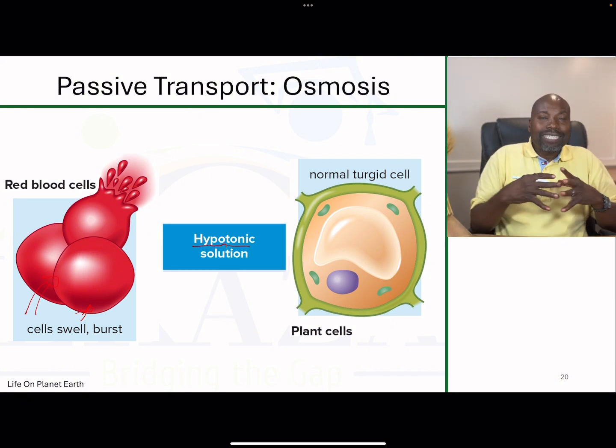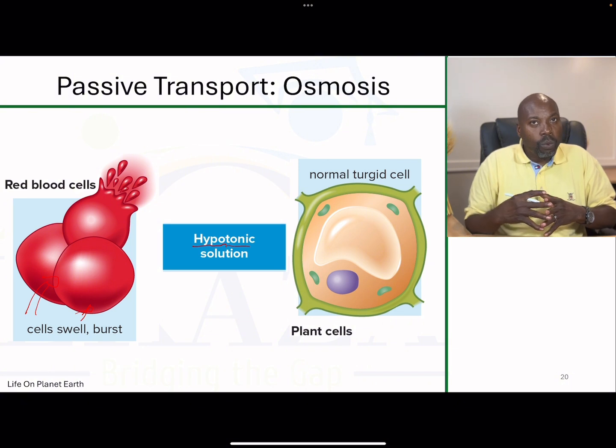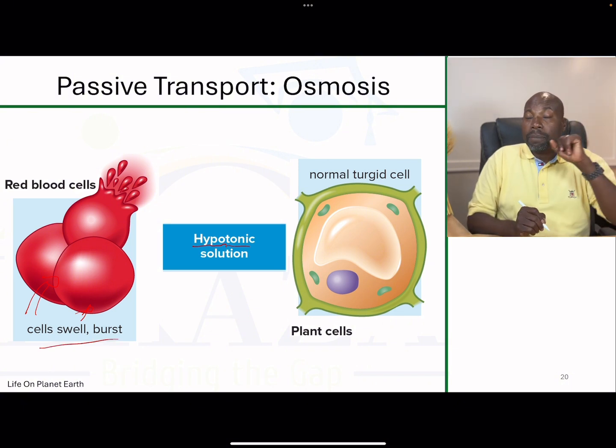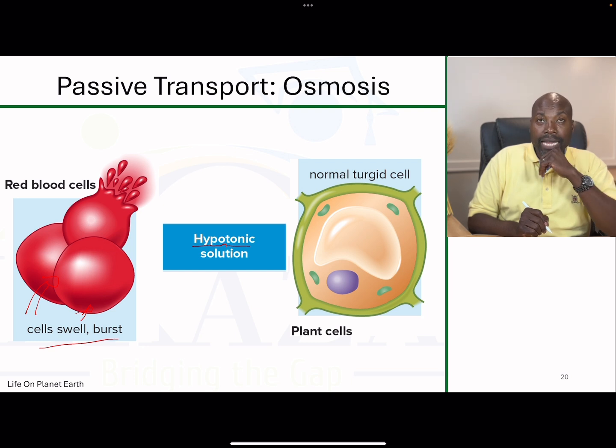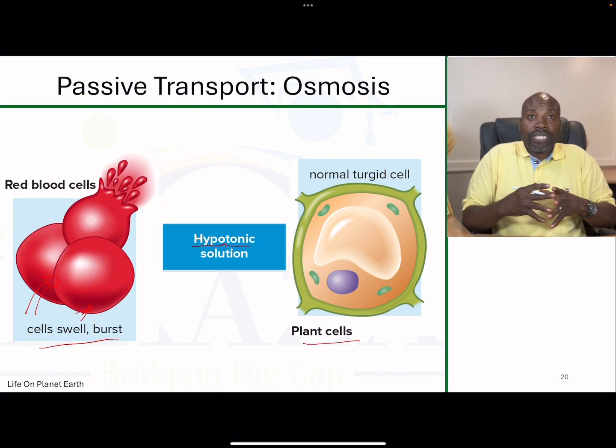When water rushes inside, there is a point in which, because the red blood cells do not have a cell wall, these cells are going to burst, okay? Which is bad news, right? You understand that. But interestingly, for plant cells, the plant cells are going to take up volume,